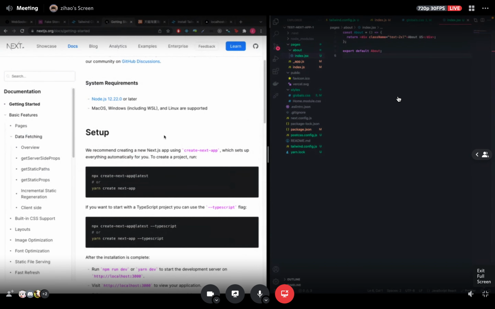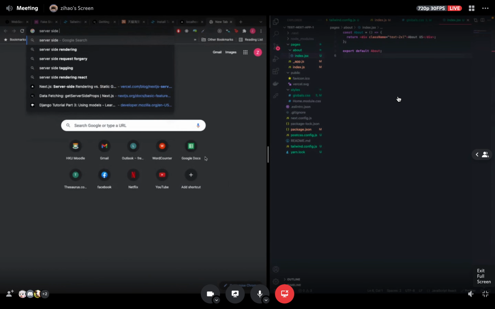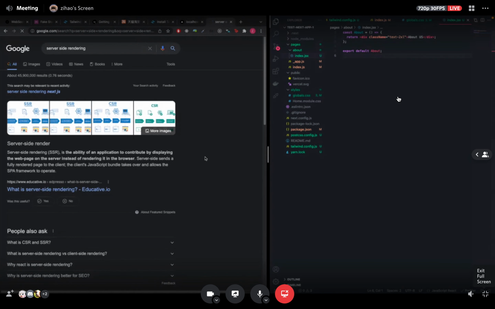The main difference between a React app and Next.js is that Next.js has something called server-side rendering. Okay, server-side rendering and static site generation. These two terms mean the following. Server-side rendering just means that your server will render all the HTML files or JS files, and then